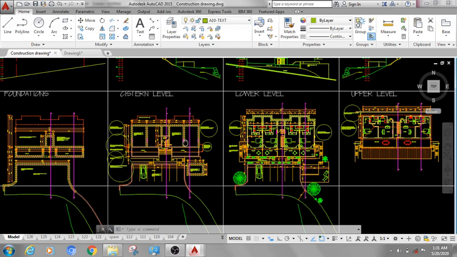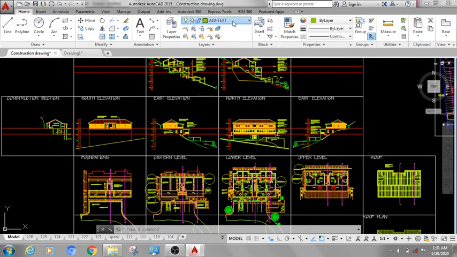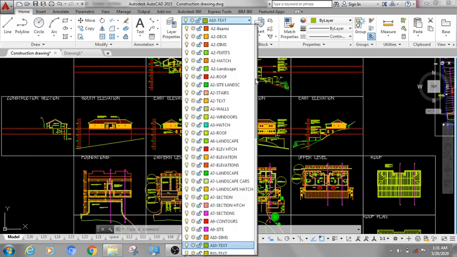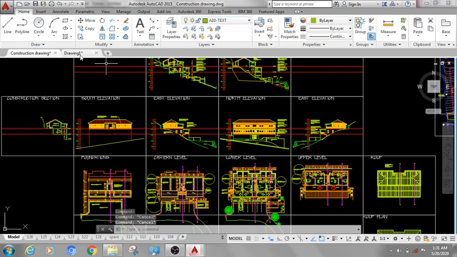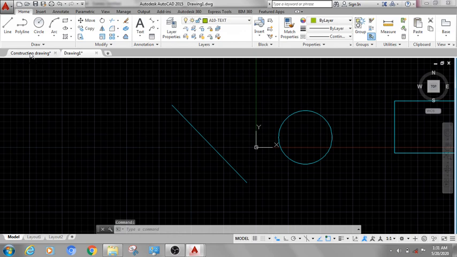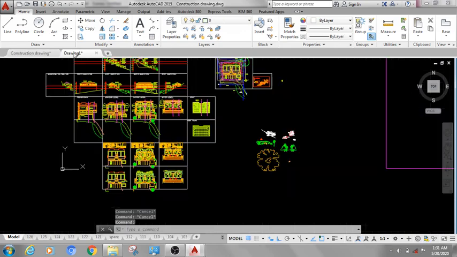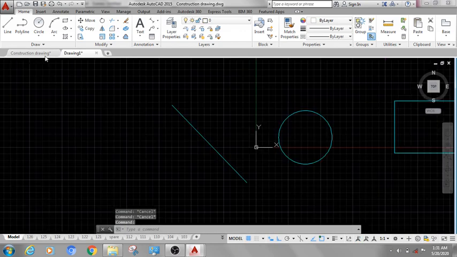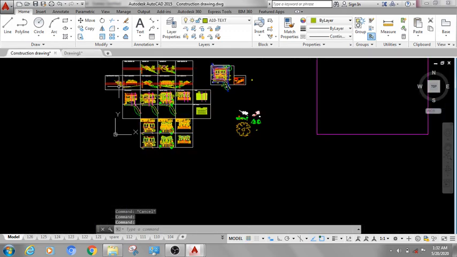I have created many layers in that. You can see for roof I created a different layer, for hatch a different layer, for walls, for windows. For students this is not that much useful, but for professionals this is very useful. Without layers they can't work.